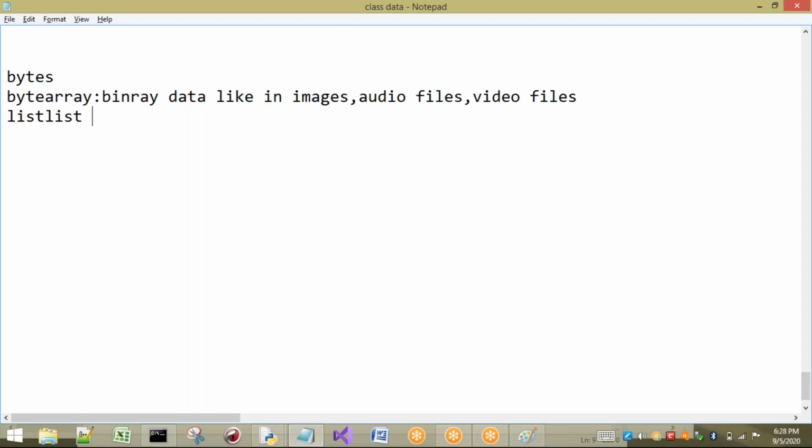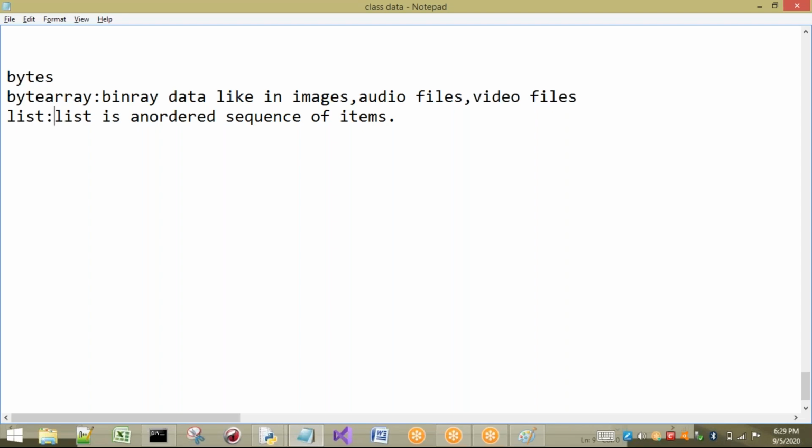That means I can say a list is an ordered sequence of items or elements. It is one of the most used data types in Python, and it is very flexible. If you want to do any modifications or updates, we can do them here.